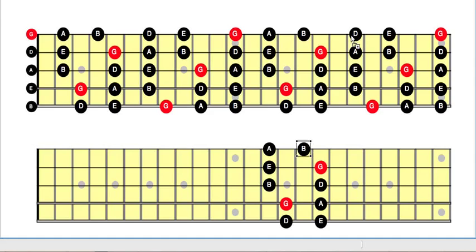The major pentatonic scale, by the way, is used quite a lot in African guitar, so you might want to listen for that next time you listen to an African piece of music. The advantage of the major pentatonic scale is that it's a two-notes-per-string kind of scale, so you might actually use two fingers here if you want to. That's the nice part of the major pentatonic scale.